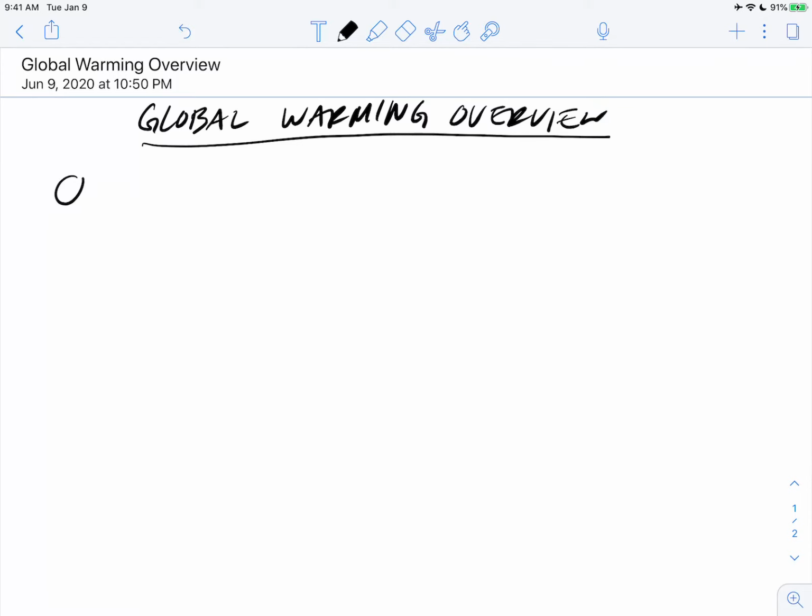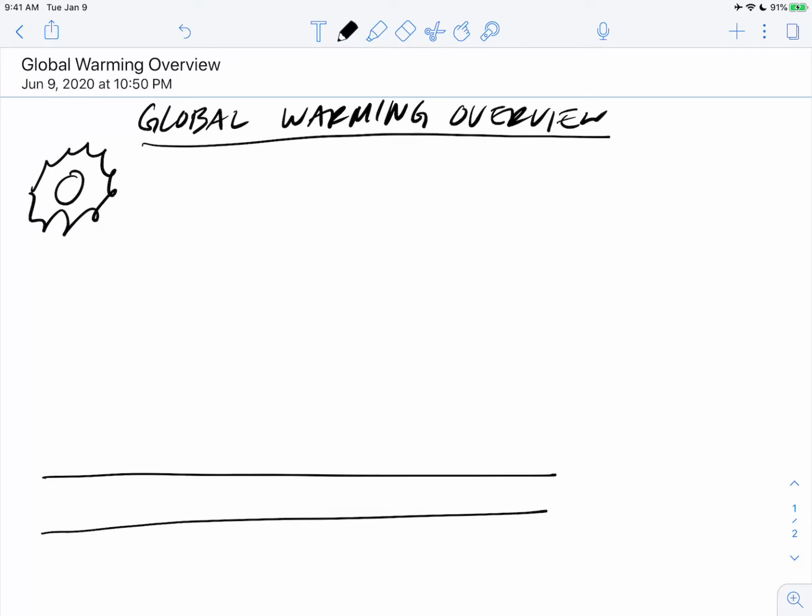So we have the sun. I'll draw the sun here. And we have the Earth's surface. Now the sun gives off all radiation, all wavelengths, and all energies of light. The main ones that we're going to look at are ultraviolet, visible, and IR. We can see visible light. It's a pretty small span of wavelengths. UV and IR are much wider, broader. You might know that. So UV comes in,